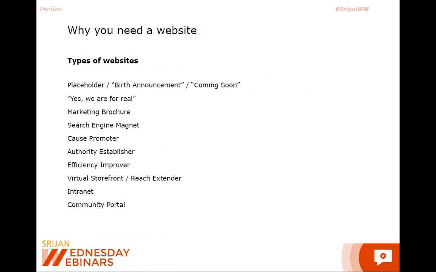So moving on from there is what I'm calling a search engine magnet website. And the idea behind this is that this is more than just a little bit of information about yourself. The site is created with the idea that it's going to help people to find you. It's not used solely once people have met you at a networking event and they've asked you for your domain name. This is something that you're using so that when people are on the internet, they can find out more about you and become aware that you exist and get interested in your products and services, and then they would potentially contact you to avail themselves of your product or services.